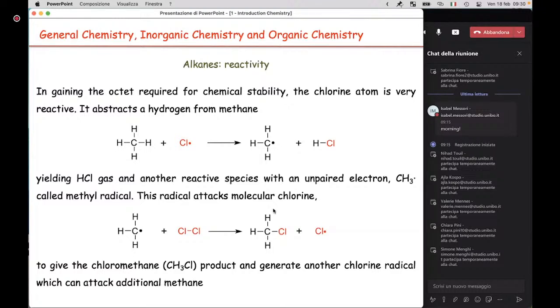Okay, and you may imagine that since carbon-hydrogen bonds are present in almost or probably all organic molecules, this kind of reaction can happen and can change the structure of almost any organic molecules in our body, in animals' bodies, in plant bodies, and so on and so forth. Okay, so a very, very fast and dangerous reaction.